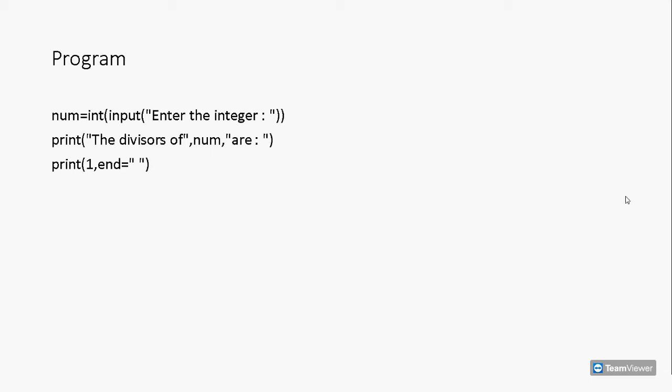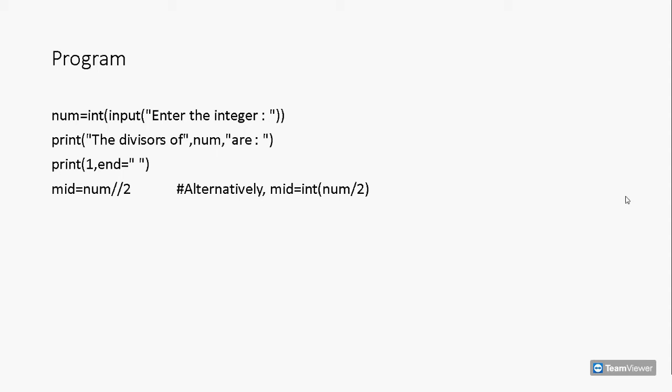But how to determine what numbers should the list contain? For that, we already know that 1 and the number itself are always the divisors of a number. So we will start with the next number 2, and we will go until the middle value, which we will call mid in our case. Why until middle value? Because after the middle value, the next divisor will be the number itself, which we already know. So, to determine the middle value, we will divide the number in num by 2.